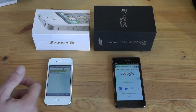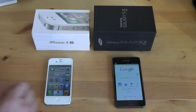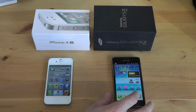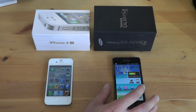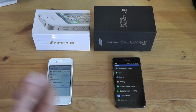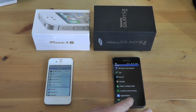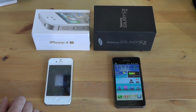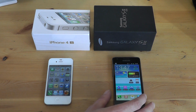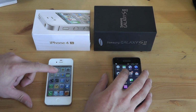And you can see they both pretty much launch at the same time. One might be a fraction faster than the other, but you're not really going to notice that. If we go into, for example, the settings, again, pretty much the same. In fact, I think the S2 was just slightly faster to open the settings up. If we go into something like, for example, the maps,